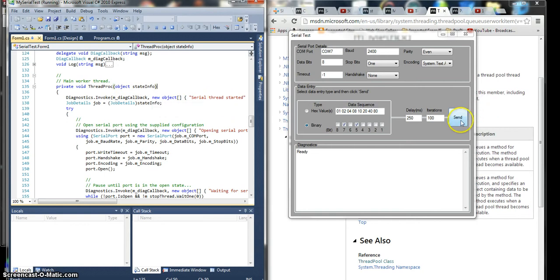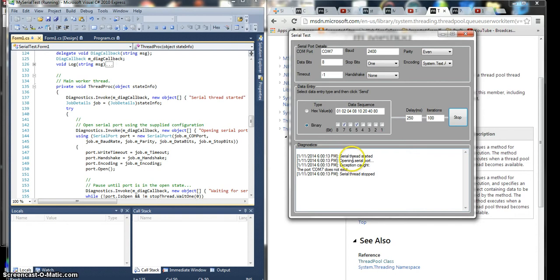So like here, when we load the form up, we click the send button event. So here you've got serial thread started. So you can see right here what's happened is they've called that delegate, and then it sent cross thread, sent serial thread started over here to the text box. Okay, so then the